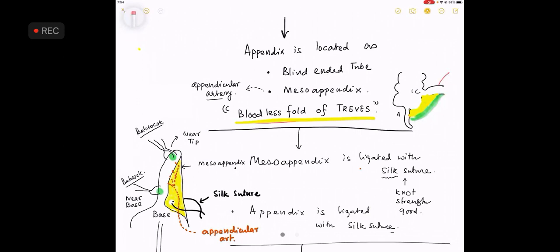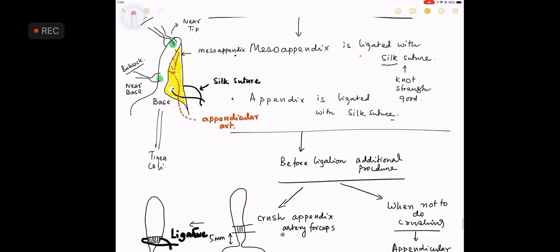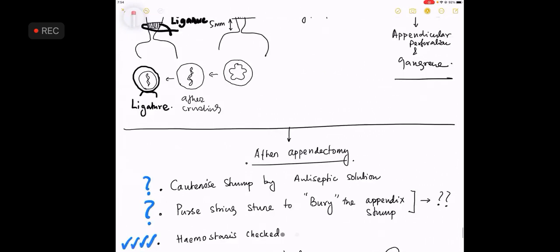No sir, ligate the mesoappendix, then do the appendicectomy. Always. It is not the reverse or vice versa. Always. There are exceptions which you are not required to know, like a retrograde appendicectomy. You are not required to know that in MBBS. For you, it should be a simple appendix. First do the mesoappendix and then do the appendicectomy. Always. There is no exception on your part.